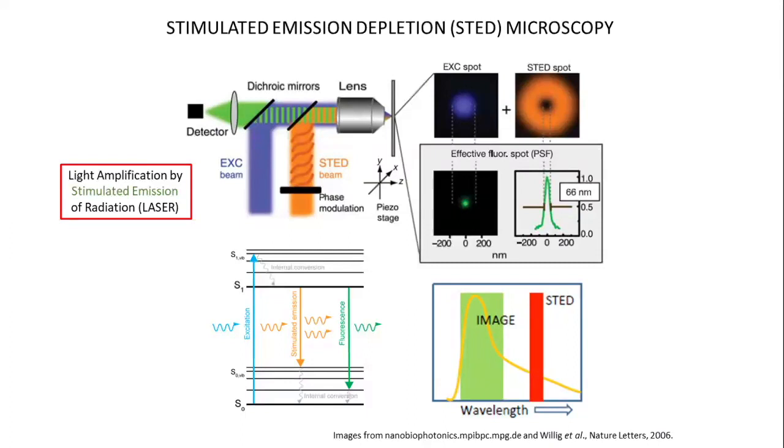The second thing that goes on is this idea of stimulated emission. And that stimulated emission is actually what goes on in a laser. How it works is this. You've got some fluorescent molecule with a ground state and an excited state. You excite it with, say, blue light, and it relaxes a little bit, and then would normally fluoresce at some random time later and emit a green photon. If you shine on that molecule, when it's in the excited state, a wavelength that is in the emission spectrum, so it actually matches the band gap,